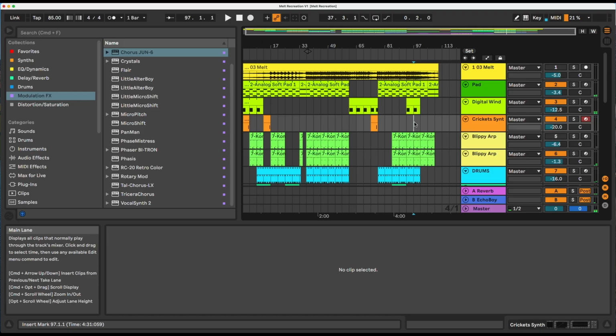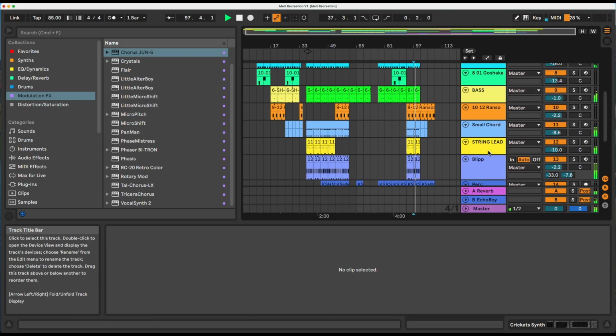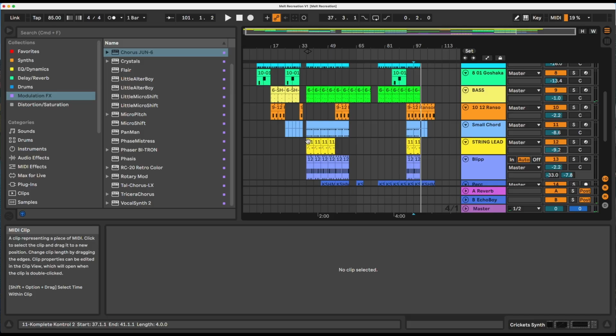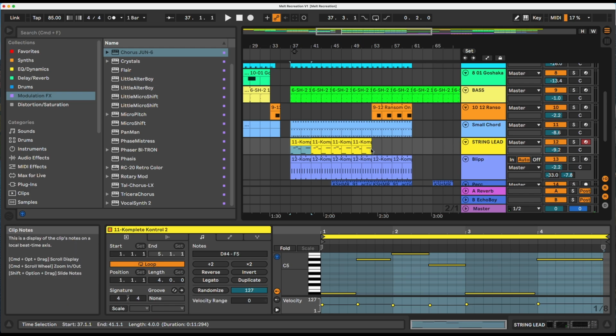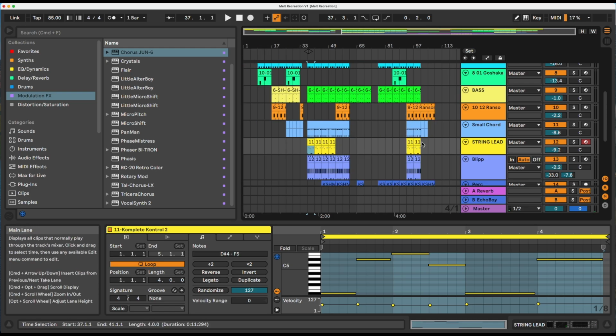Play my version. And again, it's such an education, because this string lead is really cool, I would say. Hopefully you agree. But they're not putting it throughout the track. They're using it very sparingly. We've got it for, I don't know, like 16 bars or so. And then we've got it for another 8 bars, and that's it. Which means that every time you hear it, it sounds great.